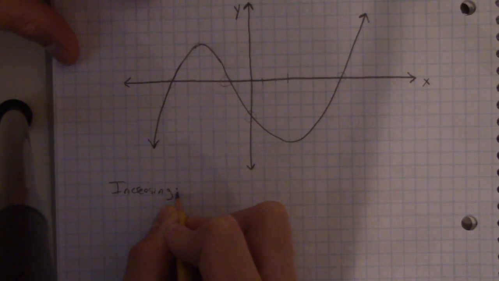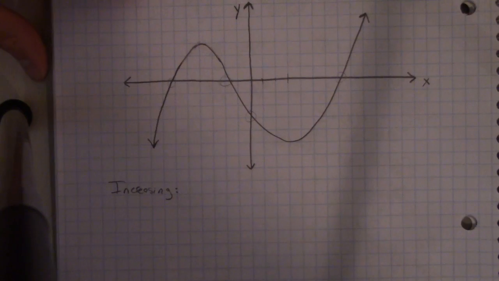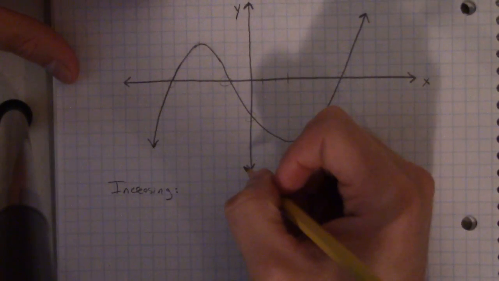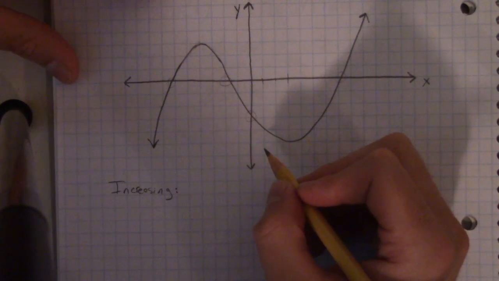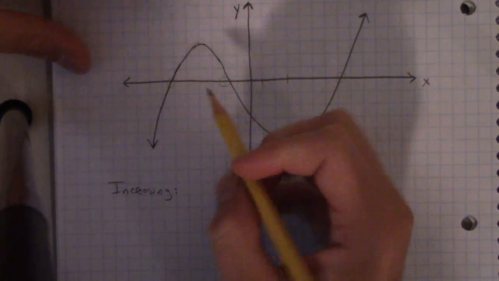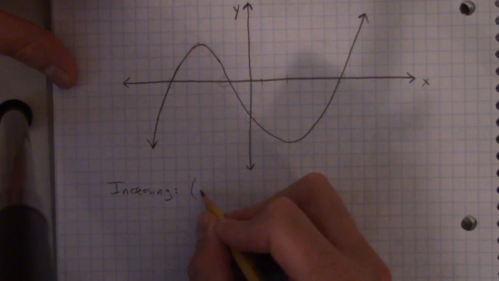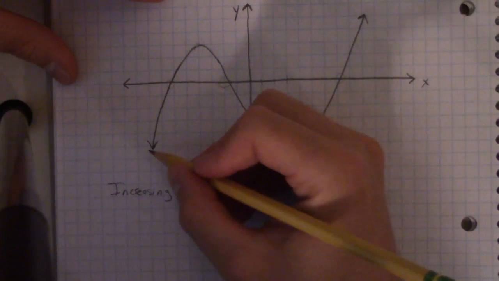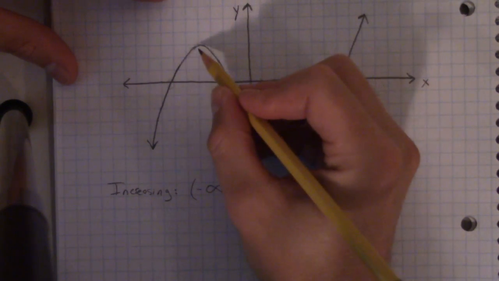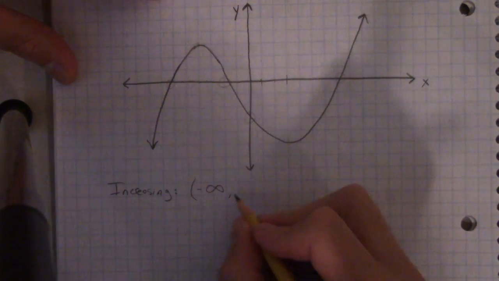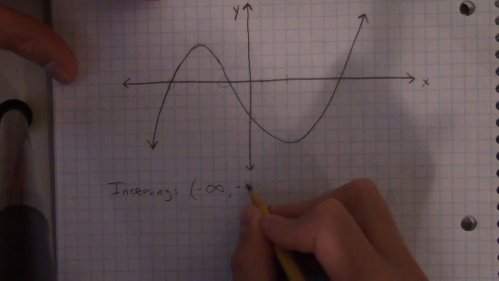And I'm going to go back to the interval notation that we use in domain and range. So the interval notation would say from where to where is it increasing? So we're going to refer to x values, okay? So the x values, this is negative infinity down this way, and positive infinity is this way. So from negative infinity, it's increasing all the way up to where? Well, it looks like right about here. That looks like approximately negative 1, 2, 3, negative 4, right? Because it increases all the way up to negative 4,